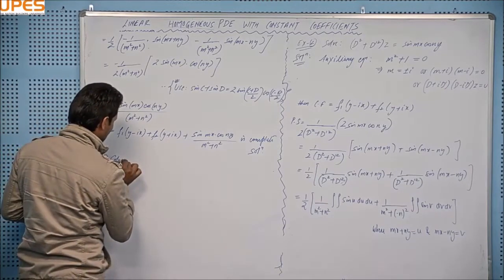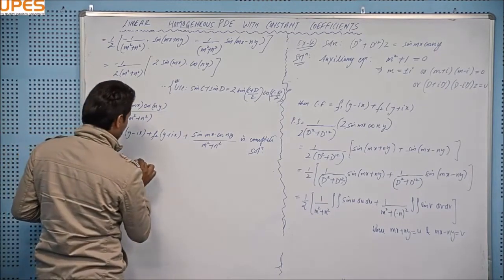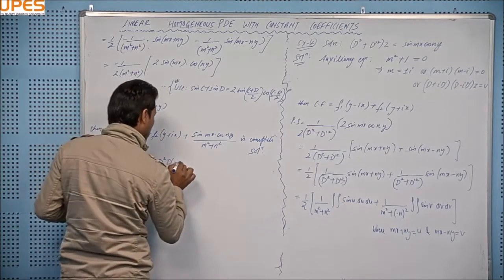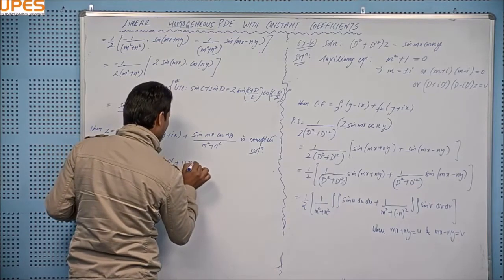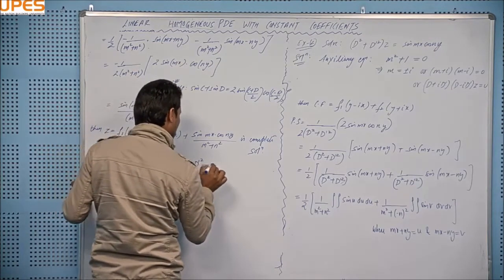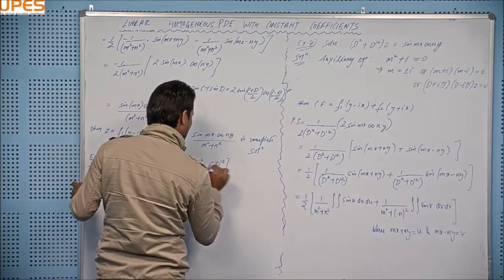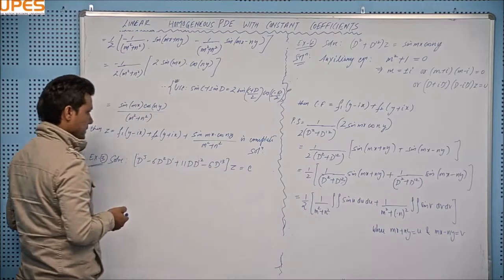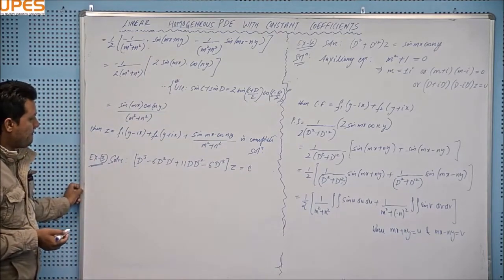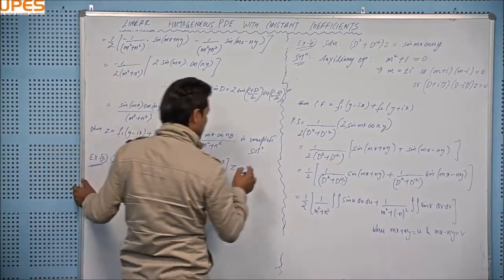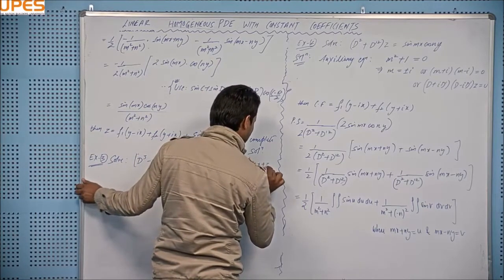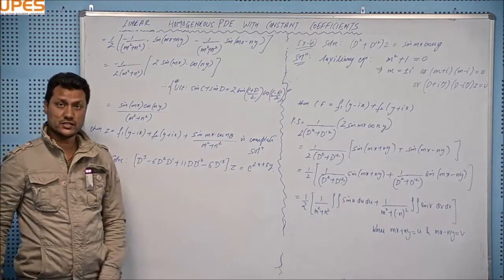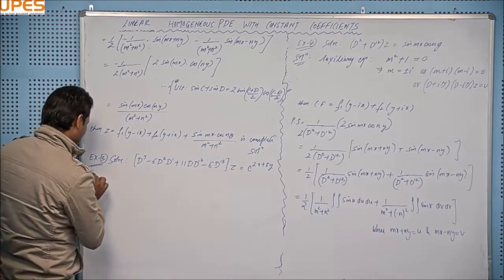Solve d cube minus 6 d square d dash plus 11 d dash square minus 6 d dash cube z is equal to e to the power, suppose I take 2x plus 3y. Okay, so this time we are having an exponential function on the right hand side. Solution,